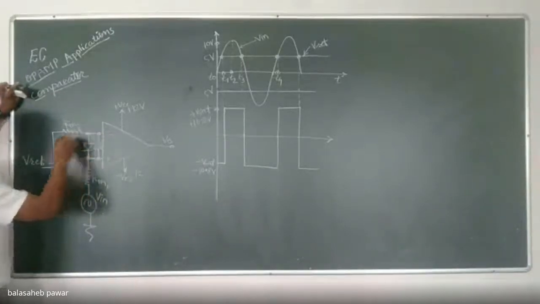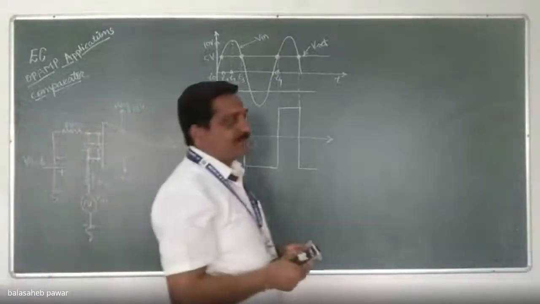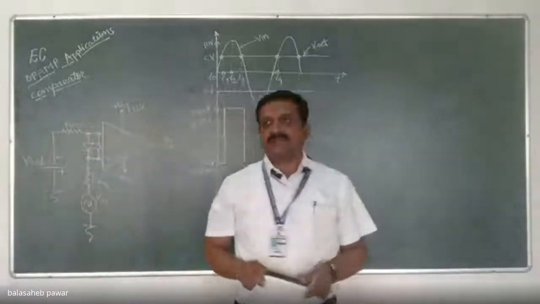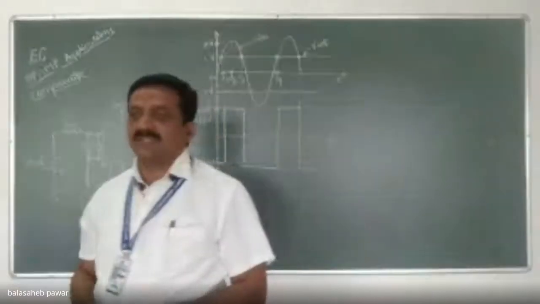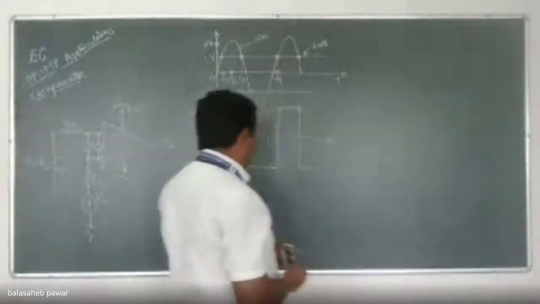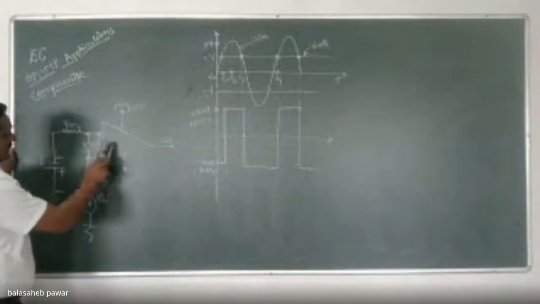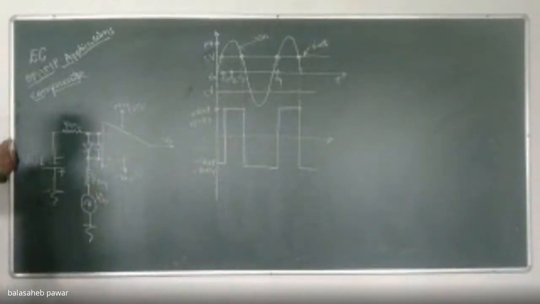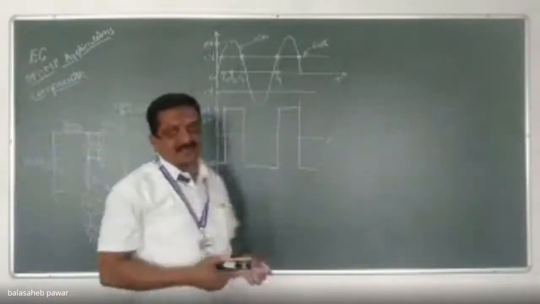If input signal amplitude is somewhat large as compared to the maximum differential voltage handling capacity of that op-amp, that is greater than its plus minus VCC, in short we can say, then to protect the op-amp, there is need of these protective diodes which are connected at the input terminals of that op-amp. Okay. So here we discuss about the non-inverting comparator.